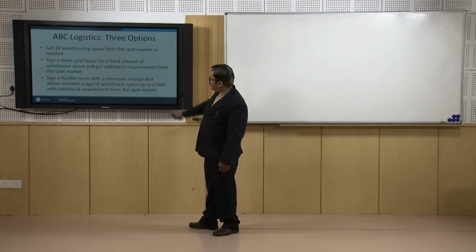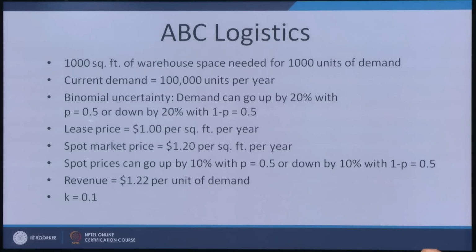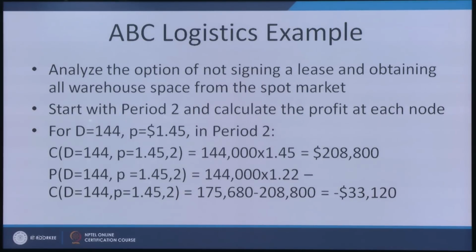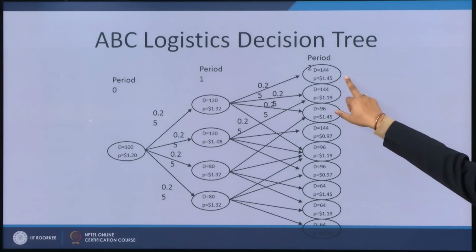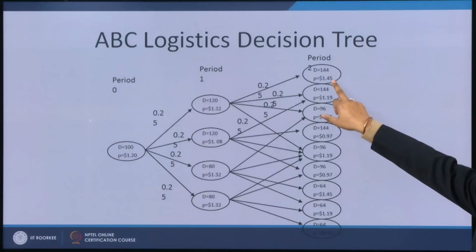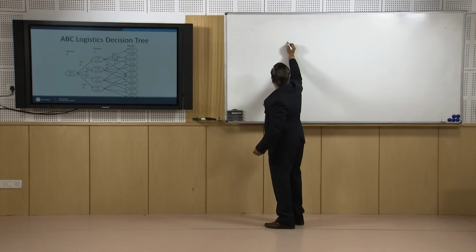So, the first alternative is that we can take all the requirement, we can take all the space from the spot market, and for that purpose in the spot market we did this type of calculation, that for a particular situation where demand is 144 and the spot market price is 1.45. So, the total cost of this type of decision where my price is 1.45 and demand is